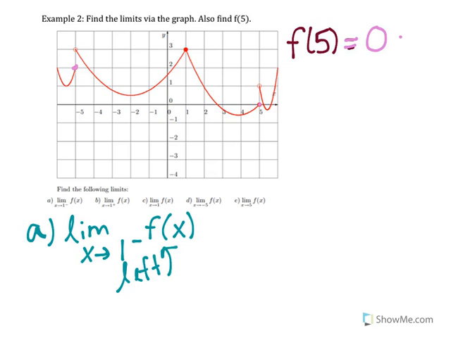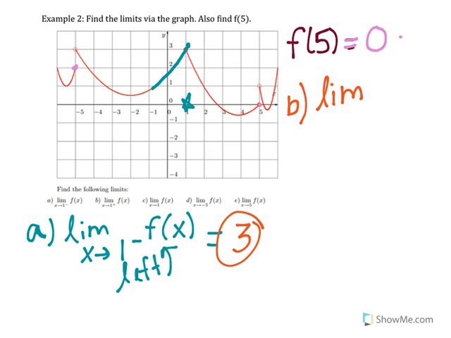So I'm going to find x equals 1. And I'm going to trace it from the left. And you're going to see what y value is it going to? A y value of 3. So my answer for that one is just 3. Okay? Let's look at part B. And I'm just going to put it up here. The limit as x approaches, guess what? 1 from the right